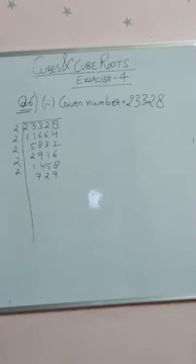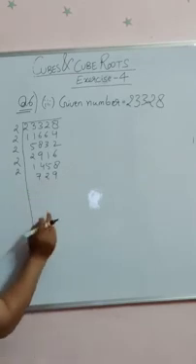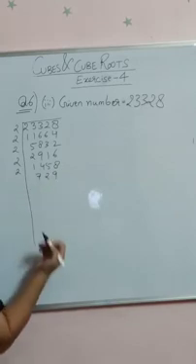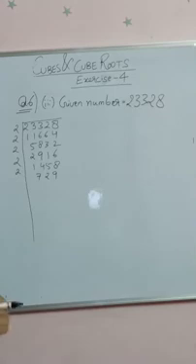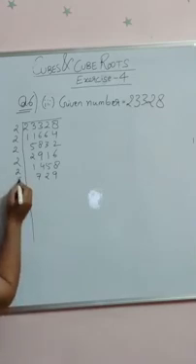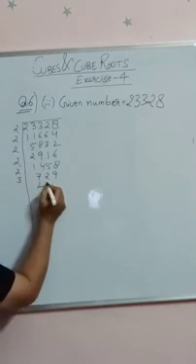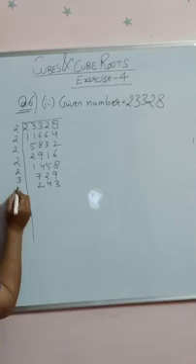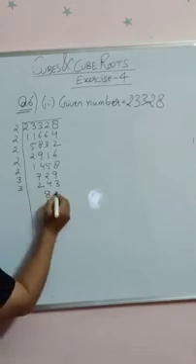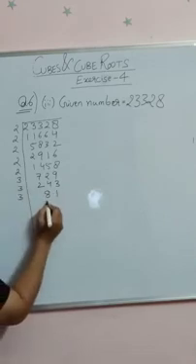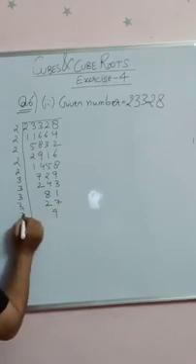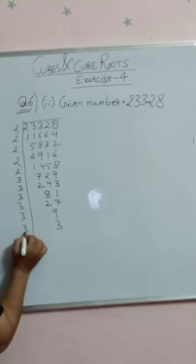Now it is odd. Let us find whether it is divisible by 3 or not. By adding the digits together, 7 plus 2 is 9, 9 plus 9 is 18, which comes in the table of 3. That's why it is going to be factorized by 3. So 3 2s are 6, 3 4s are 12, 3 plus 2 is 5 plus 4 is 9. Again by 3, 3 8s are 24, 3 2s are 6, 3 7s are 21, 3 9s are 27, 3 3s are 9, 3 1s are 3.